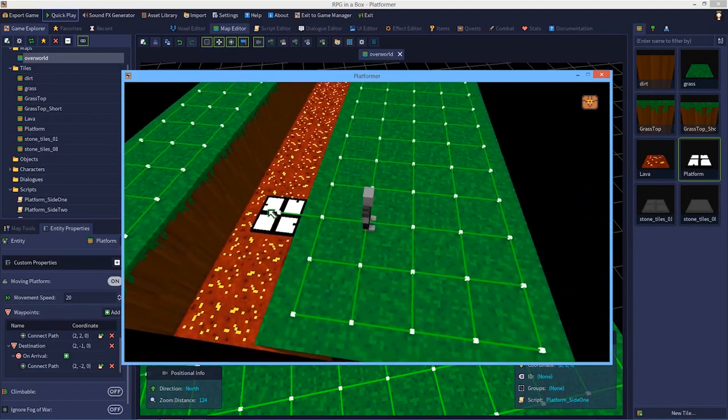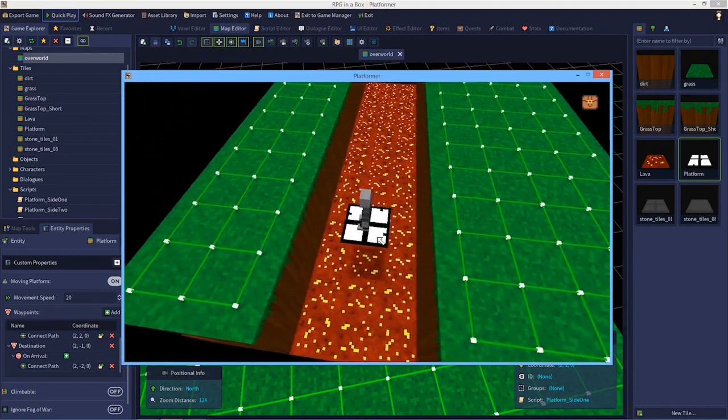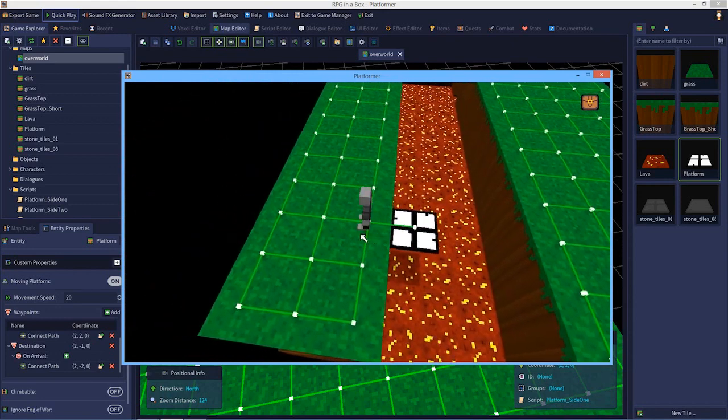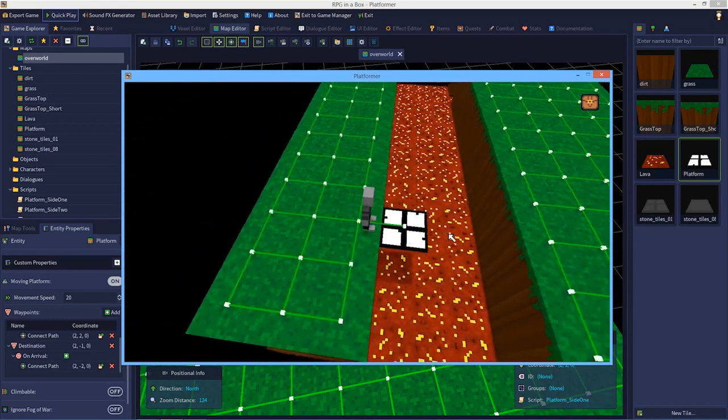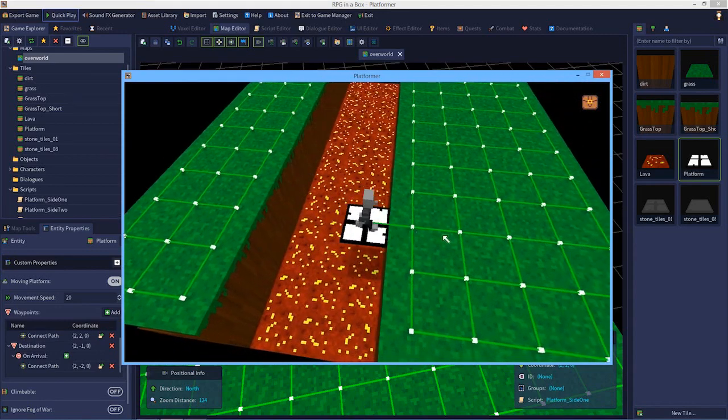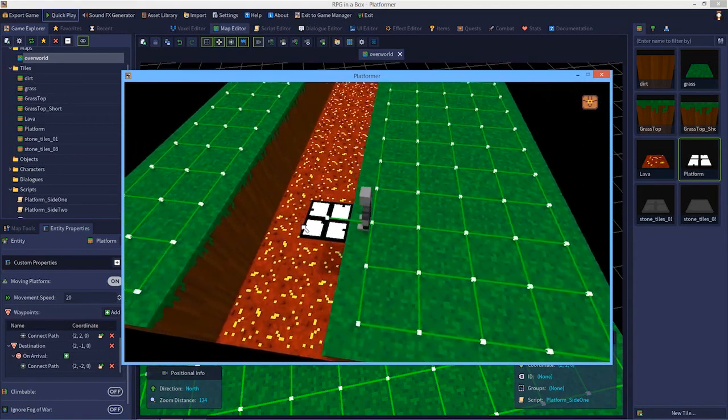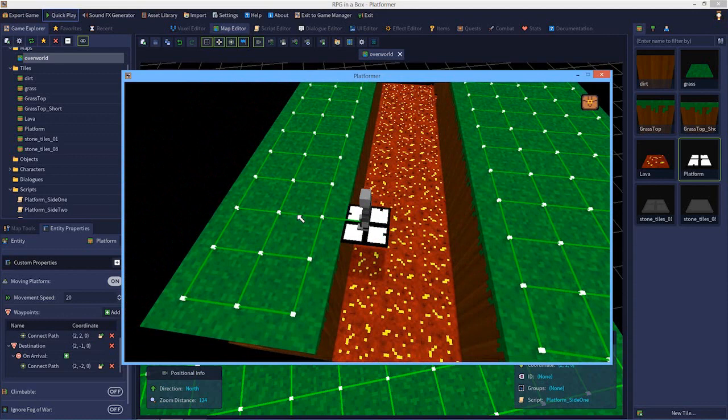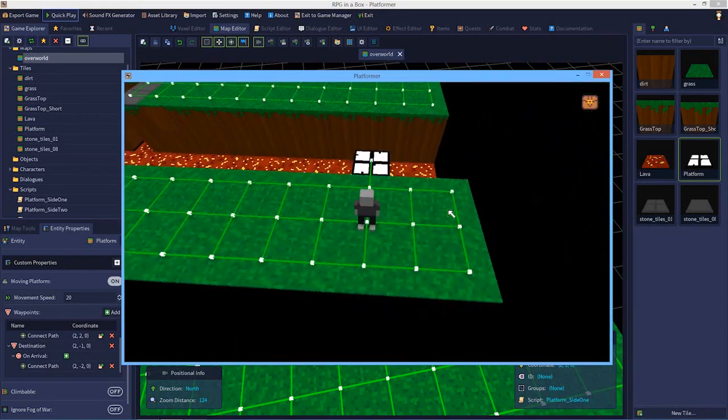Let's go across again. It breaks this connection, but then builds that connection. And that's what allows you to walk onto the platform and then walk off when you get to the other side. So moving platforms are as simple as that really, but let's get a little bit more complicated just for a bit of fun. So let's close that